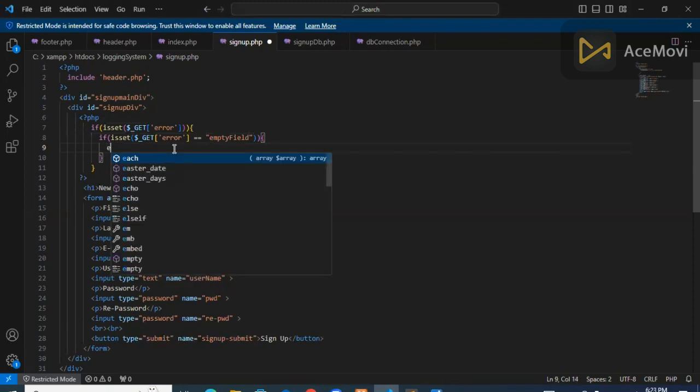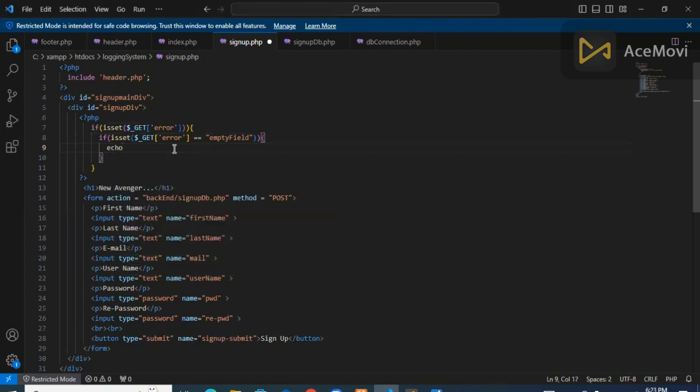We use echo to print something in PHP. Echo, quotes, colon. In here we can use p tag and copy this. In here we can show empty fields. Okay, I'm going to save it